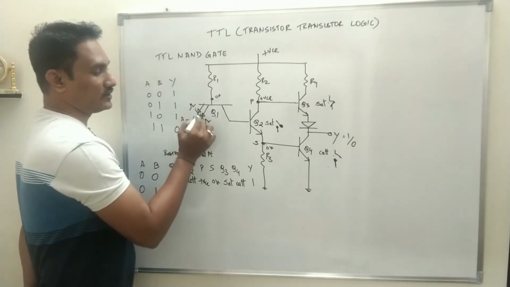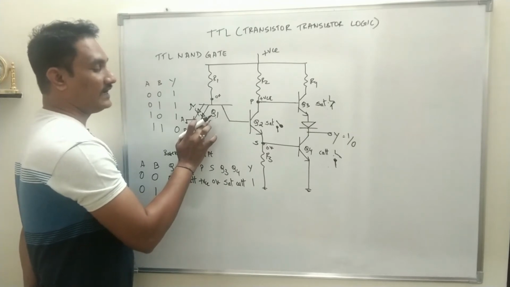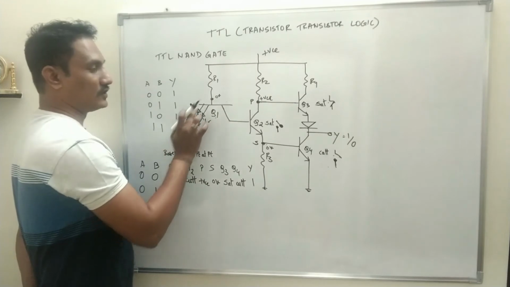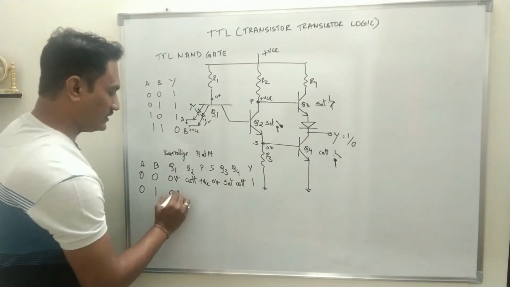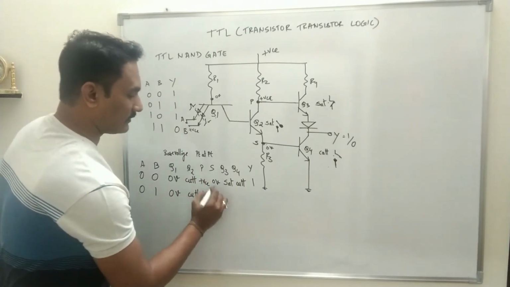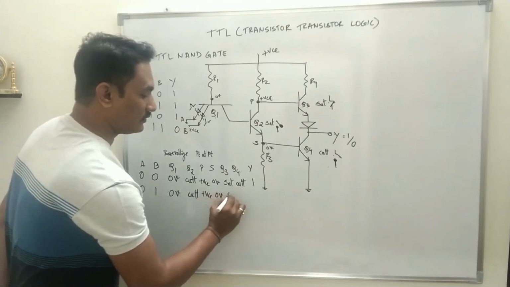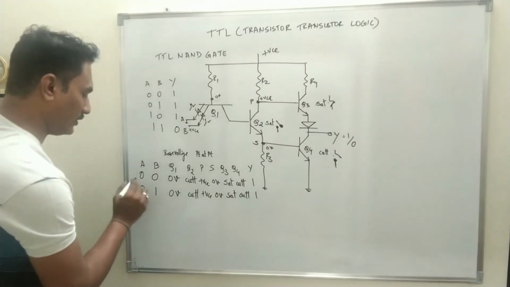Now out of the two diodes, this is forward bias, this is reverse bias. But if any one of the diodes is forward bias, base voltage gets connected to ground through that diode. So base voltage will be 0 volt. So if this is 0 volt, the same condition will prevail. Q2 will be in cutoff region, potential at P will be plus VCC, S will be 0 volt, Q3 is in saturation, Q4 is cutoff, output Y will be equal to 1.